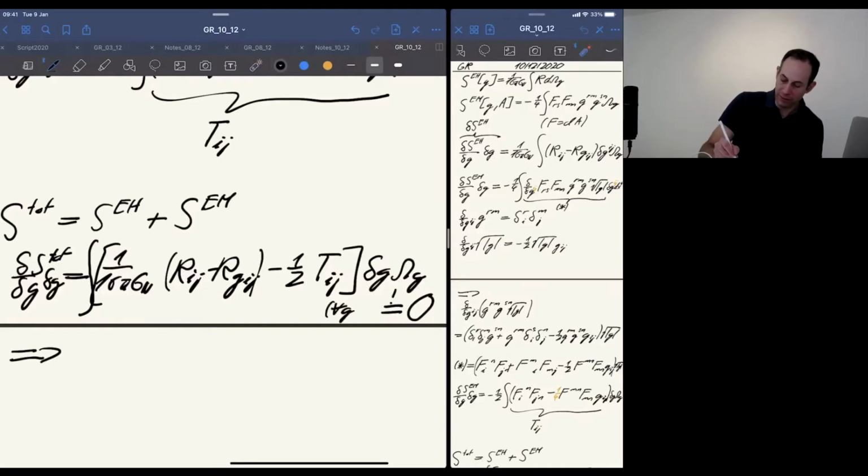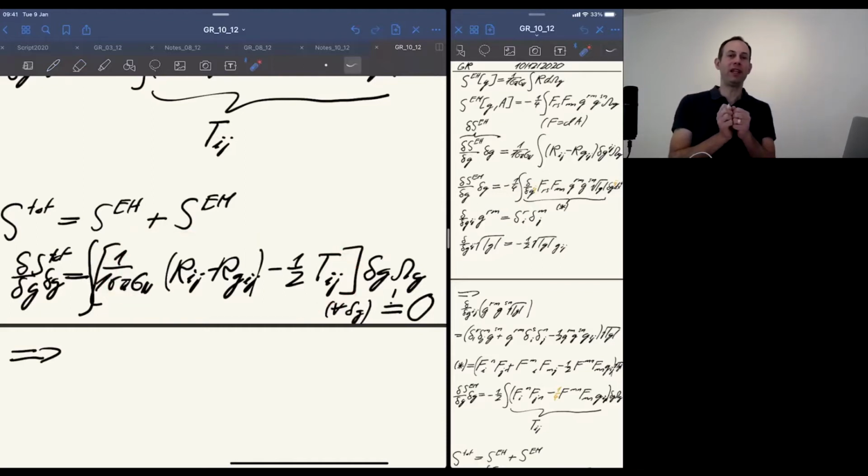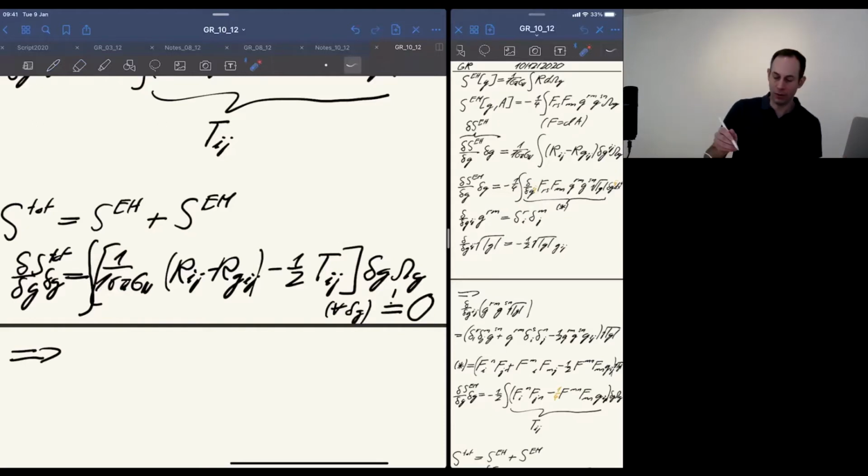Maybe I should write here: for all delta g. That's important. It has to be true for all delta g's, but this integral can only be 0 for all delta g's if this term is 0. Otherwise, if it's somewhere non-zero, you just choose the delta g to be positive exactly where this thing is non-zero, so that the whole integral becomes positive. That's the usual thing that you probably know from classical mechanics. So we immediately get,